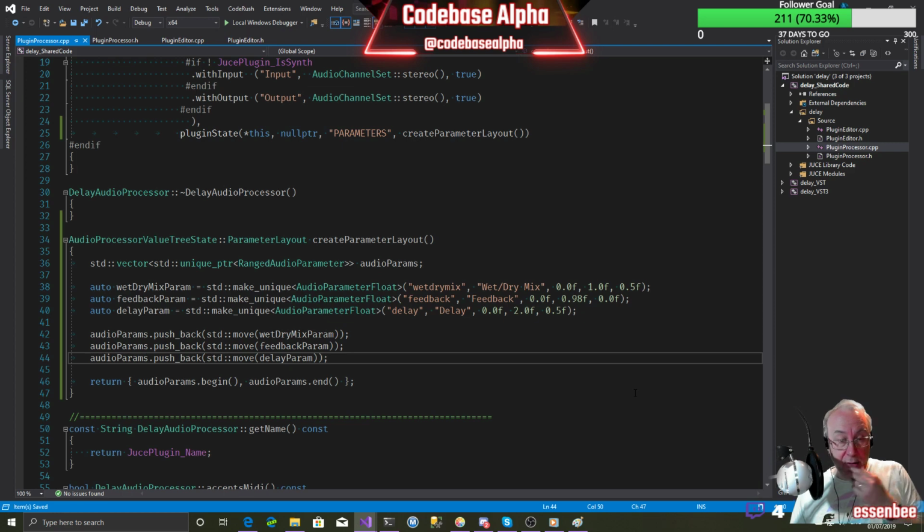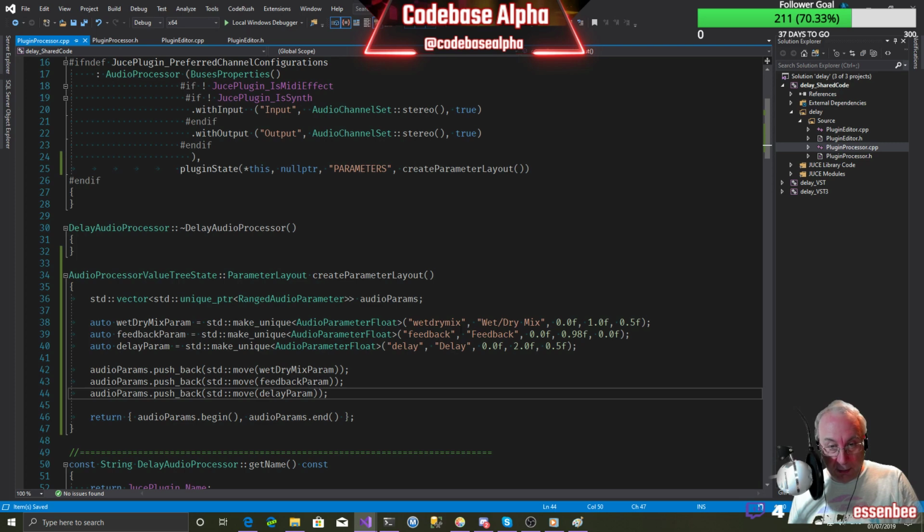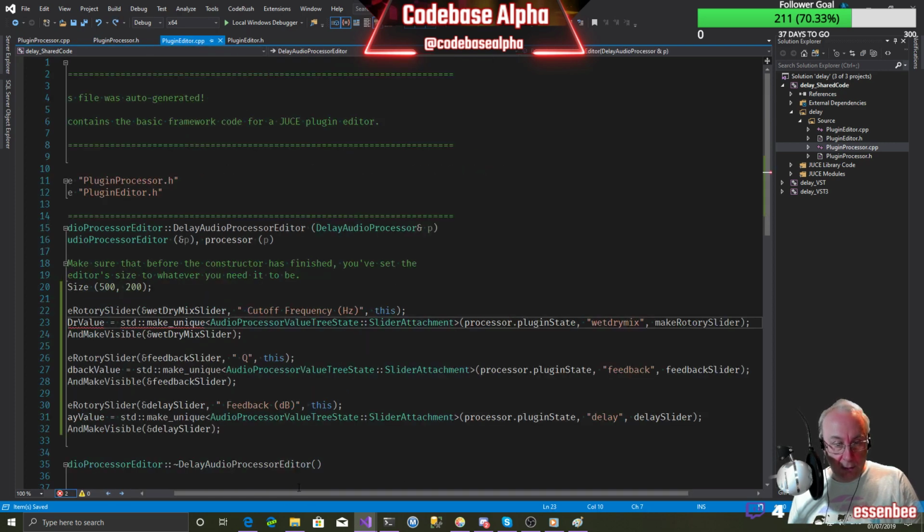So all that code is basically almost boilerplate code that we can copy between different projects. Each of our parameters is defined here. Okay, these are the parameters. We've got a parameter called wet dry mix param, feedback param, delay param, and then over in our editor we've defined